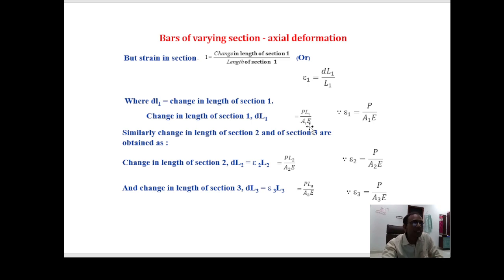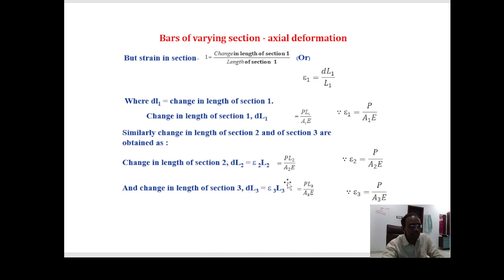Sometimes Young's modulus may also change. Mostly, these kinds of varying bars generally don't vary the Young's modulus, but it can vary when the bar is made out of dissimilar materials. You may be taking the Young's modulus different. So like that, you will be taking all the P L1 by A1 E, because force P is common for all. So the varying points are L1 and A1, and if all are made of the same material, Young's modulus may not change. Otherwise, it may also change. So calculating all this, you will be getting these